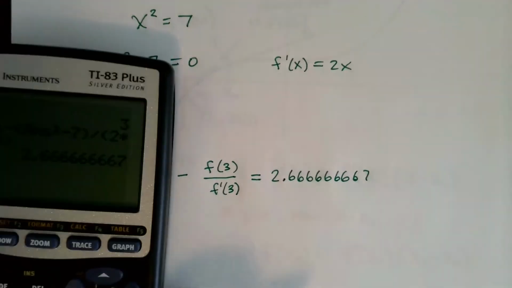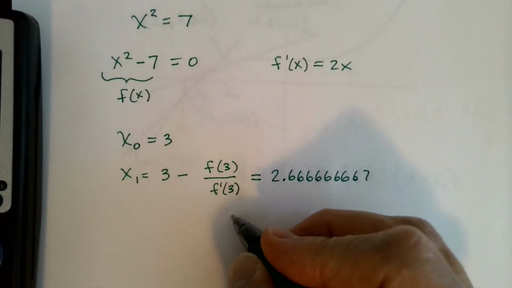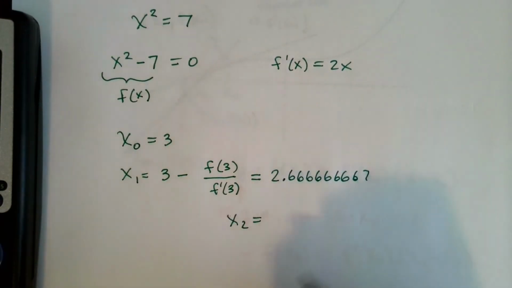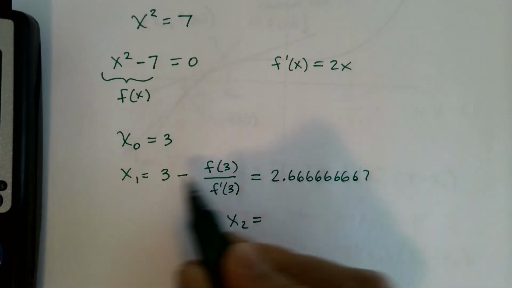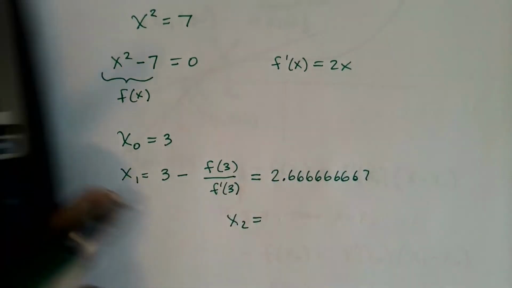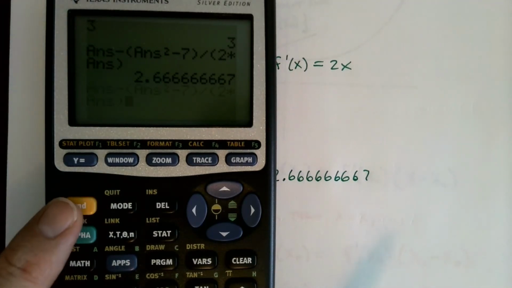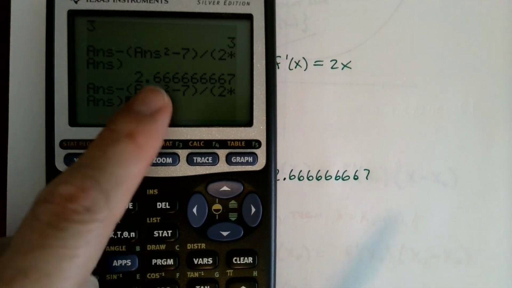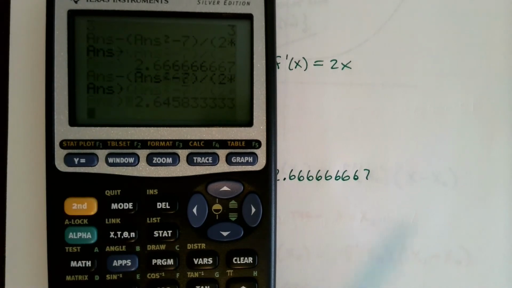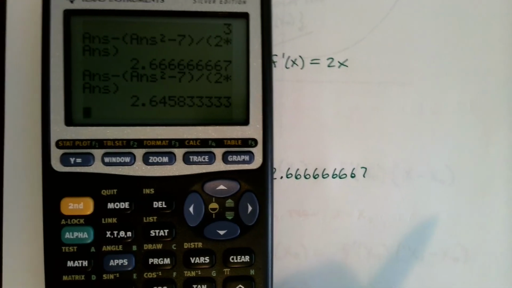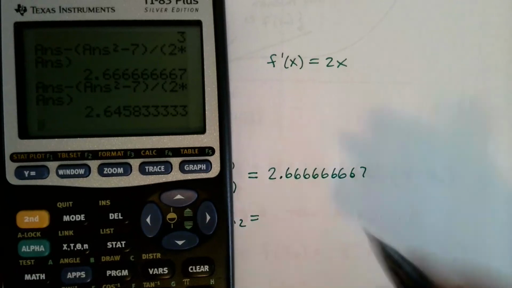All right, and so now this is x of 1. What's x of 2 going to be? Well, we're going to plug in x of 1, minus f of x of 1 over f prime of x of 1. But our shortcut in the calculator is to do entry, to recopy that command. Now we're plugging in answer being the value of x of 1. And so x of 2 is this,